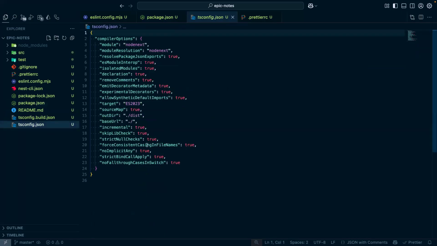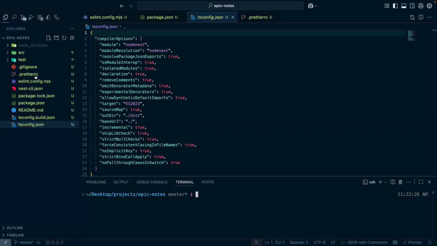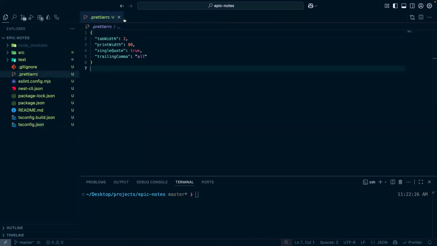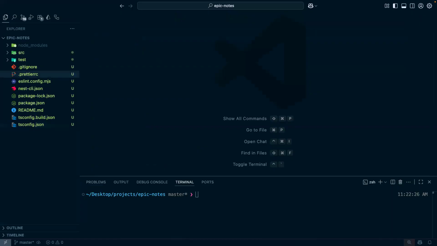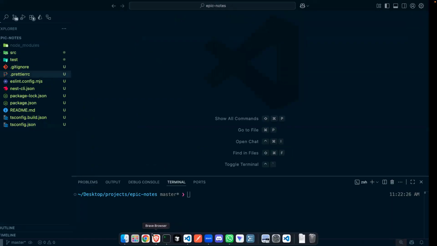TS config, everything is looking good. Out directory is dist. So if you run build, you see our distributable directory. Great. So now it's time to actually install dependencies in our application. So when we come back here,